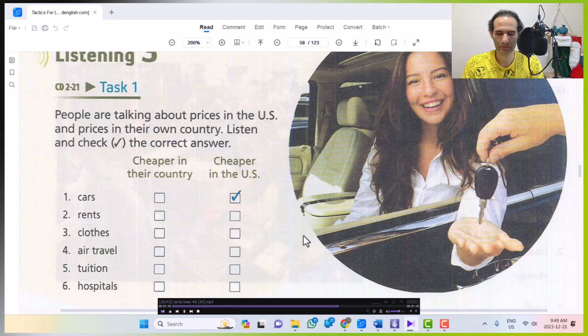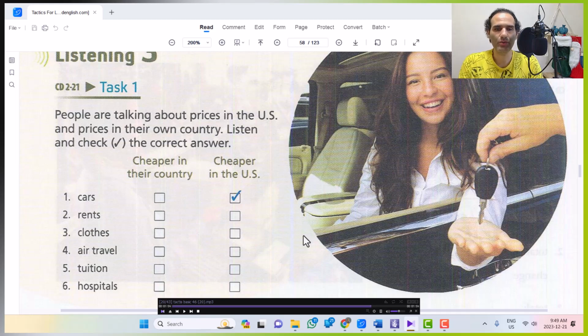5. Most people send their children to private schools at home because the public schools are not very good. You have to pay a lot to do that, so it's a big expense for many people. Public schools are better in the US, and they're free. So most people here send their children to public schools.